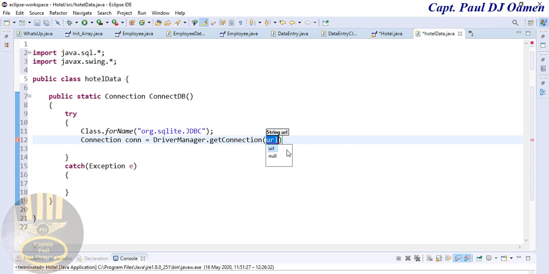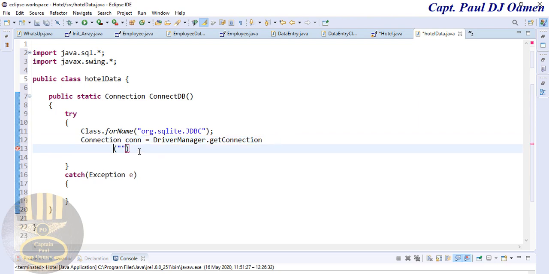And what connection are we talking about? So let's enter semicolon in there, just speech marks, and in here I'm going to put it down here. Let's say jdbc:sqlite: